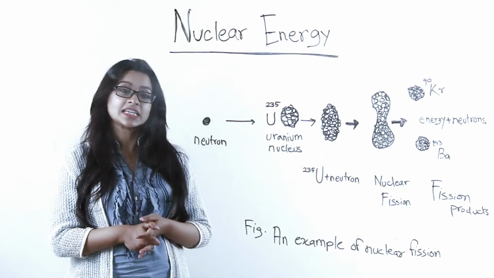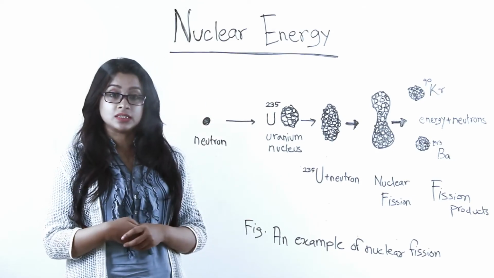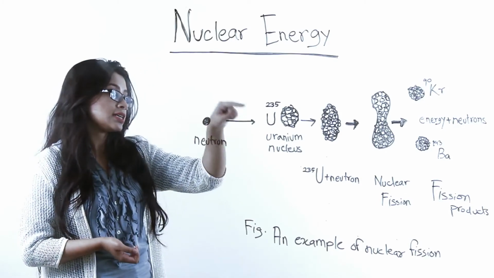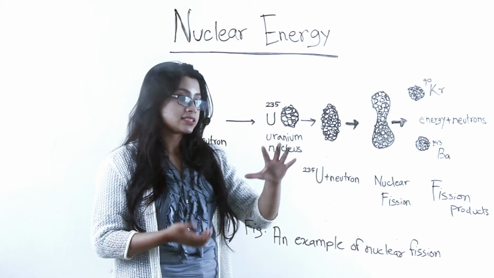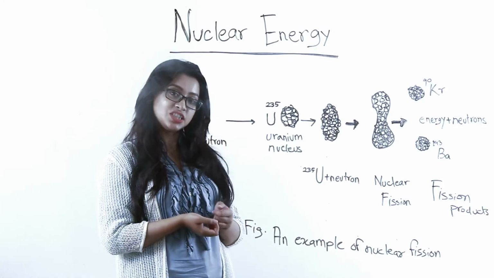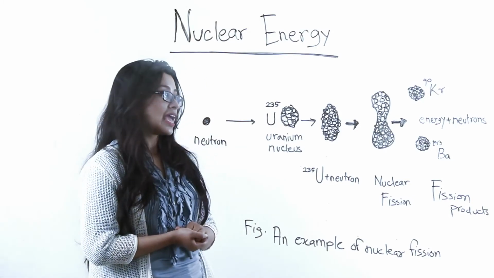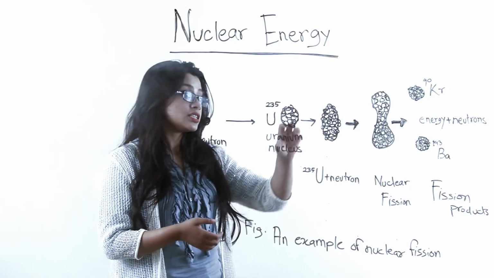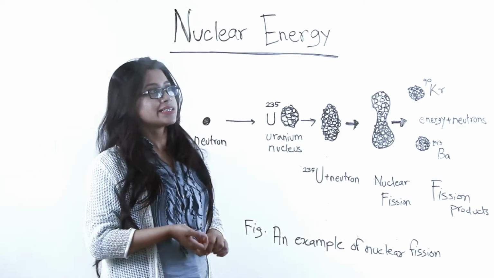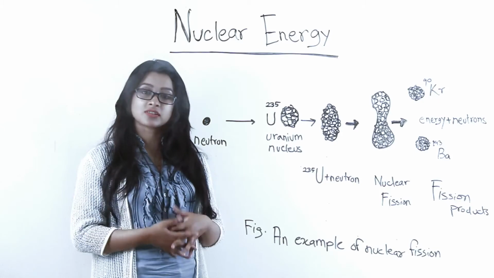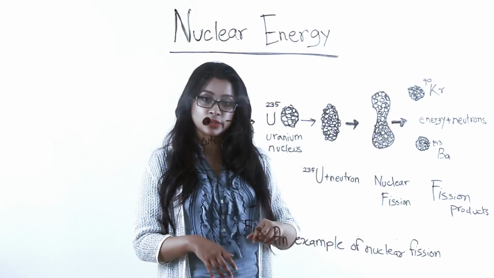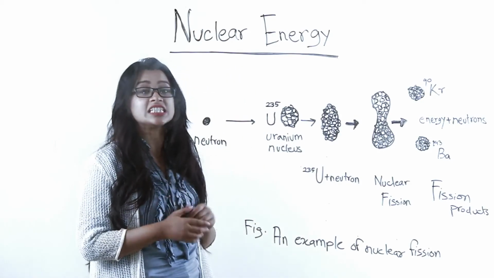So what happens in here is that a uranium nucleus is shocked or bombarded with neutrons. Neutrons hit the uranium nucleus, and this causes an unstable formation, or an instability, in the nucleus of uranium-235. As a result of this, the nucleus of uranium starts to divide. It's kind of like how a cell divides during the process of cell division. So a nucleus kind of thins out in the middle and divides into two different atoms